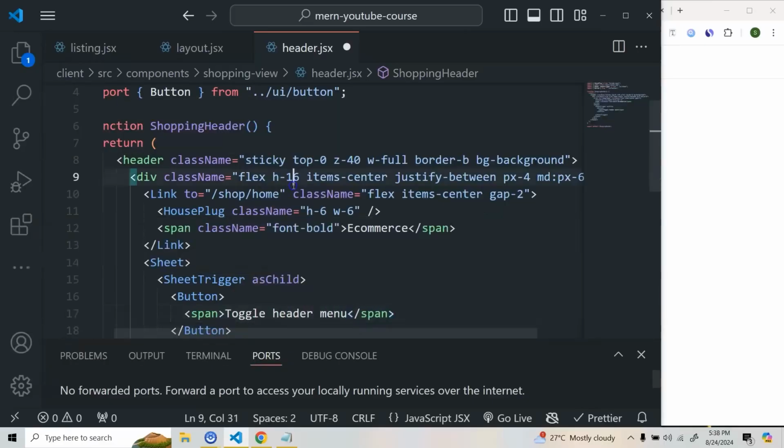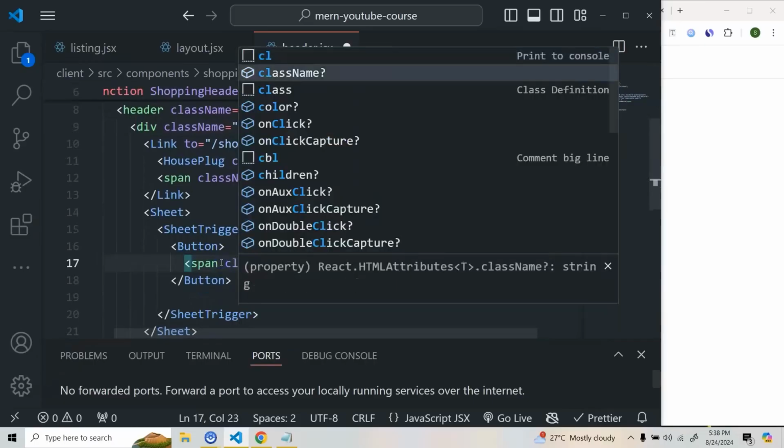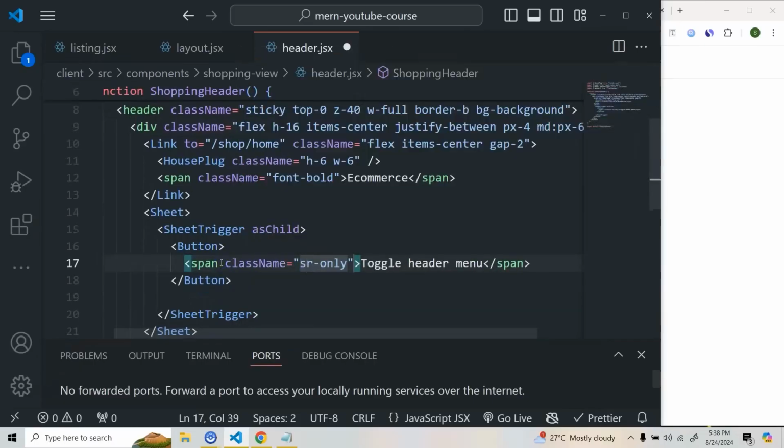But what I'll do, right, I'll keep this on class name as sr-only, so that we'll hide this part. Yes, and in this button what we're going to do, so we'll do a variant as outline,